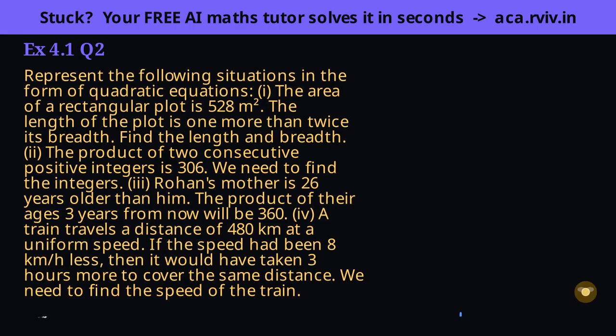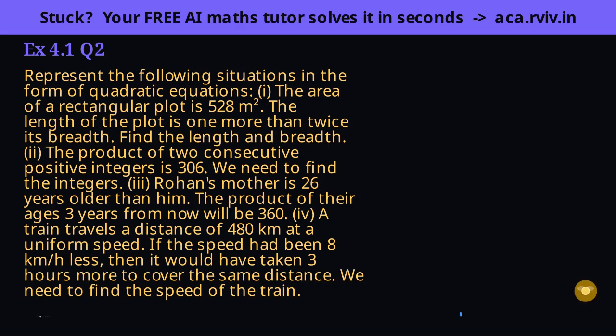Multiply out to 2x squared plus x and move 528 across for standard form. Story 2. Consecutive integers. Consecutive means differing by 1, so the smaller is x and the next is x plus 1, one letter covers both. Their product is 306, so x times x plus 1 equals 306. Expanding gives x squared plus x minus 306 equals 0. Multiplying two consecutive x terms creates the square.